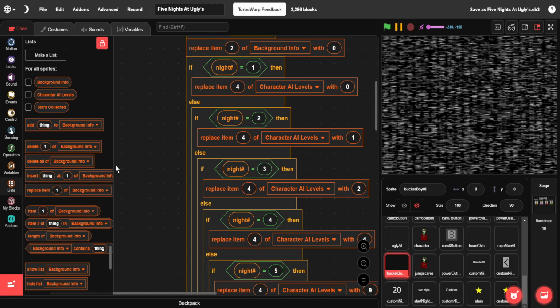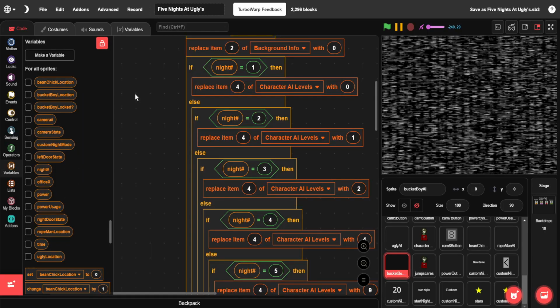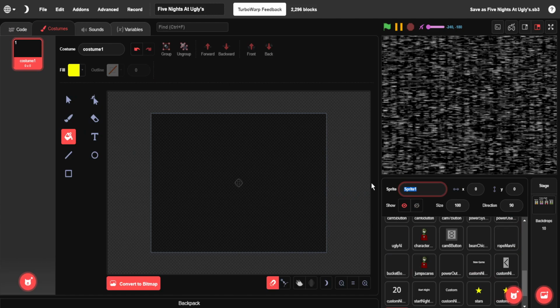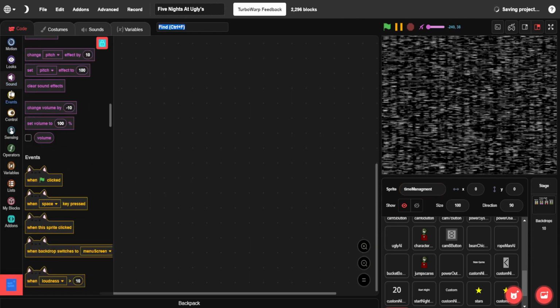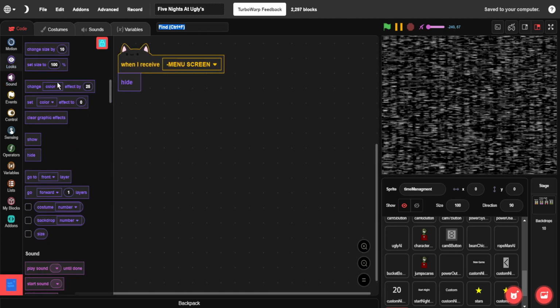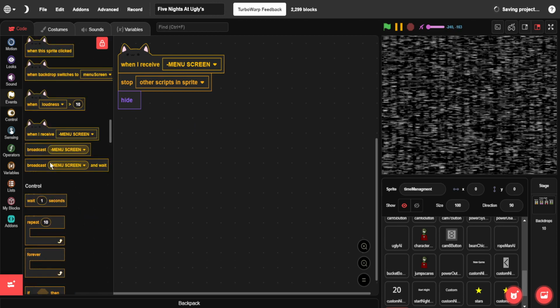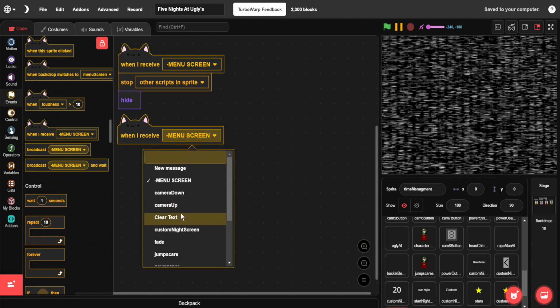So we need to have a way for you to actually win the night, which is very easy to set up. We will create a variable called time. This time will keep track of our time. Let's create a new sprite and call it time management. Inside of this sprite, we will say when I receive menu screen, as per usual, hide and stop other scripts in this sprite. Then, when I receive night start,